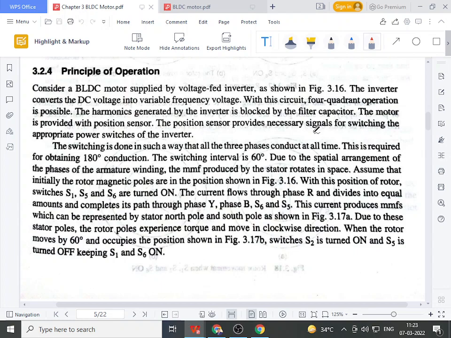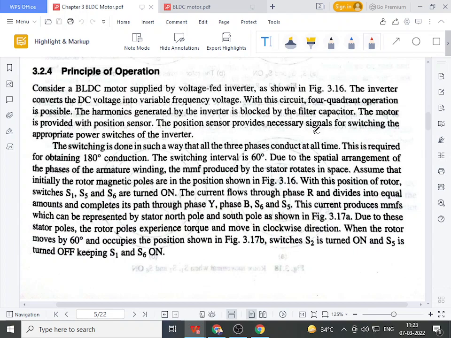That means, simply, there is a gate driver circuit, and we connect that particular rotor position sensor output to the gate driver circuit, and according to the position of the rotor sensed, the particular switching sequence will be achieved. That means according to the rotor position sensor output, a particular power semiconductor switch will turn on. So in simple terms, any BLDC motor consists of a motor, rotor position sensors, and third, one power semiconductor converter, which is actually an inverter, and basically that inverter is a voltage fed inverter.